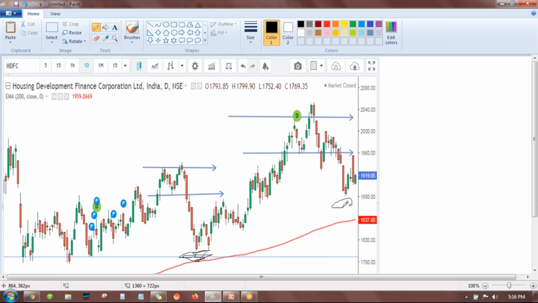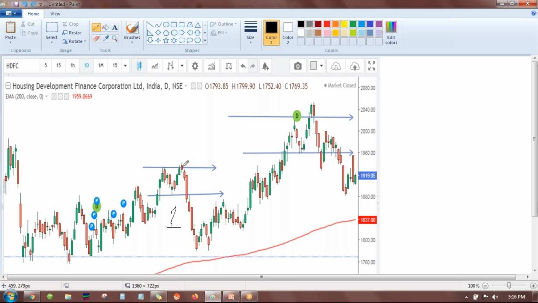So now I am moving further. What we have seen: first point is we need a good gap. Here we have a good gap. Then we need a previous level. Here we have a previous level. Second point, we need a fake out. Here we have a fake out.